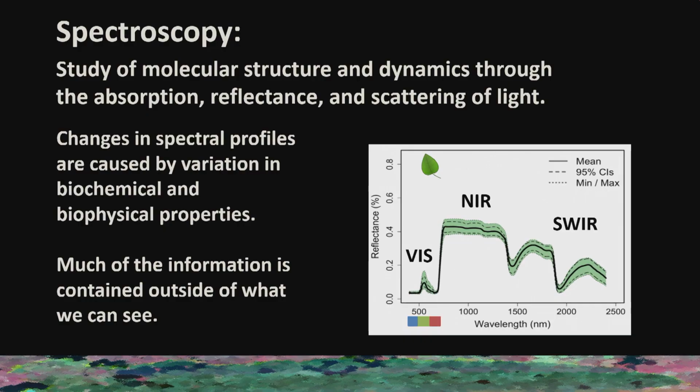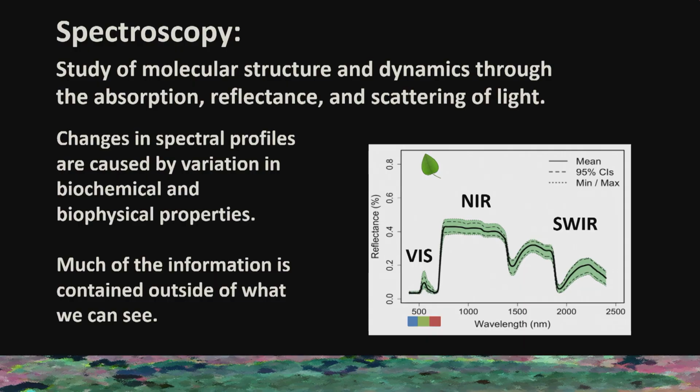Interestingly, much of the information that we need is contained outside of what we can see. If you see I have a little blue, green, and red indicator, that's what we can see. That's the idea I think this group knows. That's kind of what your phone does. It captures a picture, puts in percentages of color, and then you get a rendering of an image, right?